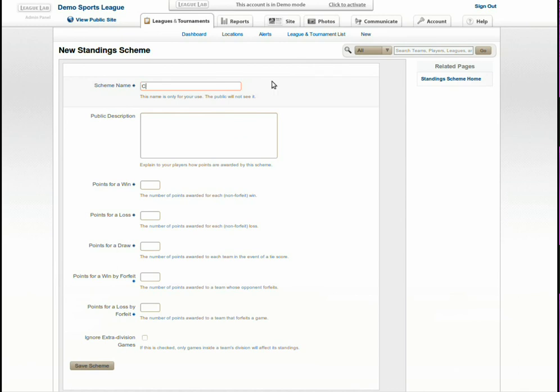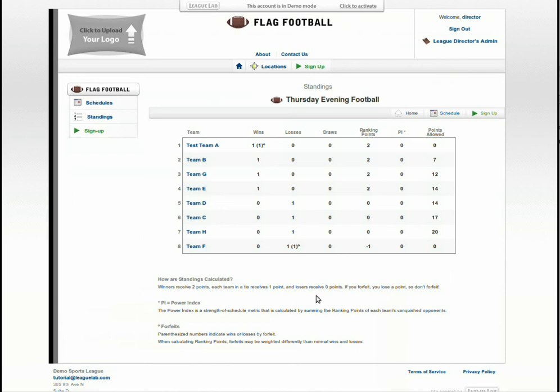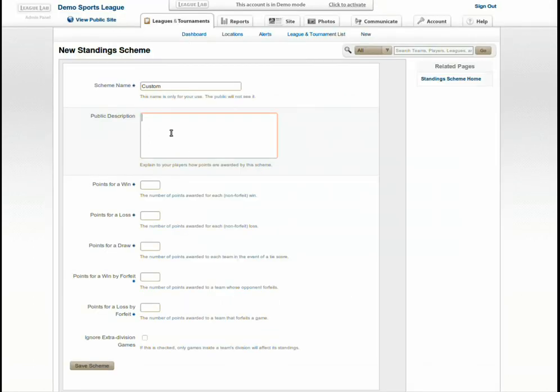Okay, I'm going to call this custom. Next is the public description. This can be really important. If we look back at the public standings for just a second, we see that we have a little section here called How Are Standings Calculated. This is the public description for the standing scheme you're using. So whatever we write there will convey to our players how they earn those standing points, or those ranking points. And we can be as verbose as we want here to make sure that they really understand what's going on and that they feel reassured that, you know, there's some method behind the madness. So let's say